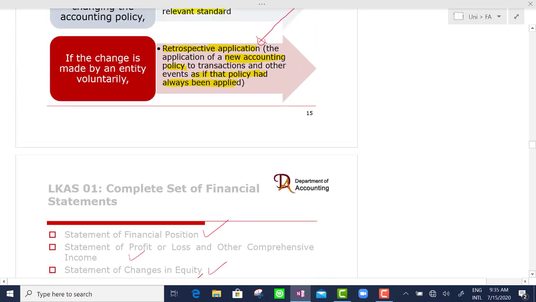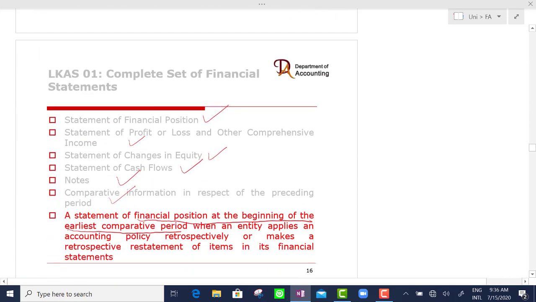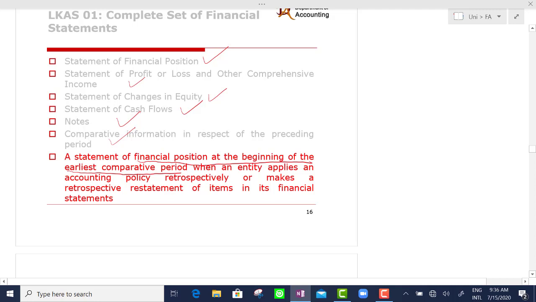So this is that situation when the entity, or when the management of the entity, changes an accounting policy to provide reliable and more relevant information about the financial position, performance and cash flows. The accounting treatment is retrospective application. The meaning of retrospective application, again I am telling, we assume that the new accounting policy had always been applied, right? Now in a case like that, in the retrospective application you have to present financial position at the beginning of the comparative year. ඒ කියන්නේ දැන් current year එක 2020 නම් comparative year එක 2000, take like this, 2020 is the current year,